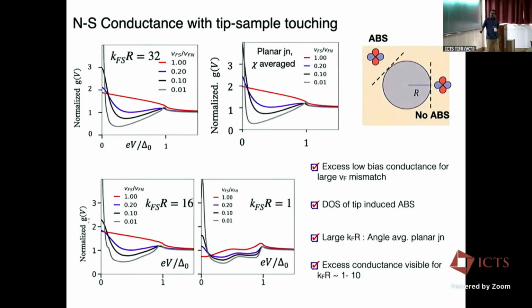You do the calculation, we're done almost. What you see is that if your KFR is large, you essentially see an answer which is for a planar junction, but averaged over the angle of the planar junction and the axis of the superconductor. But what is more interesting is, even if I go to KFSR of 1, you will see that there is still a pileup of the density of states due to this bound state. And this is what the experiments are actually seeing. That's why they're seeing a different scale.